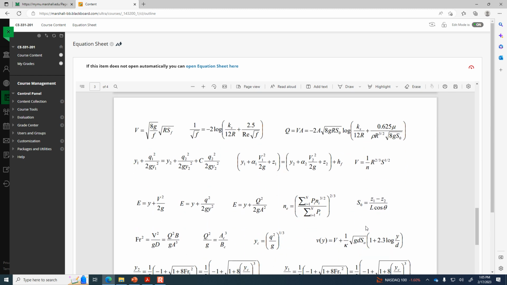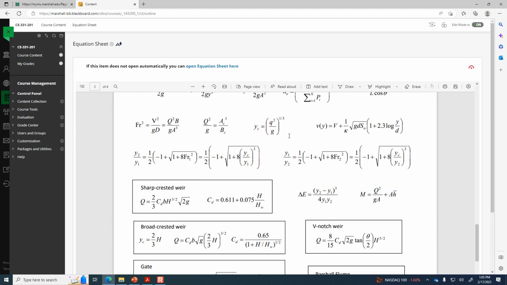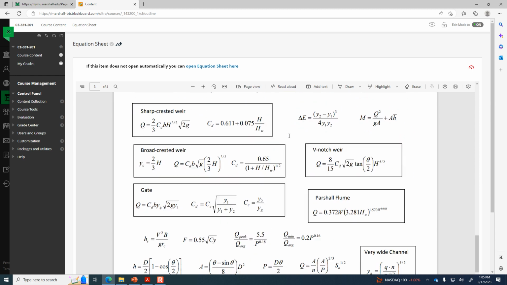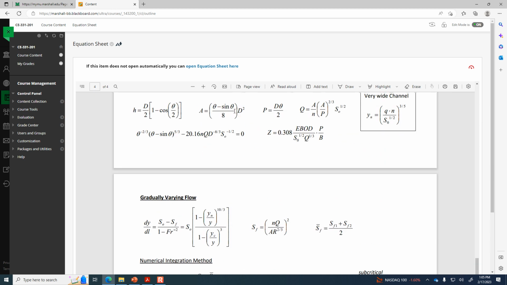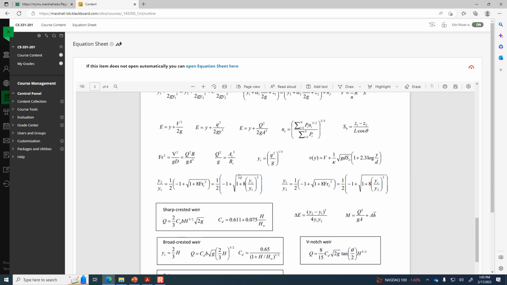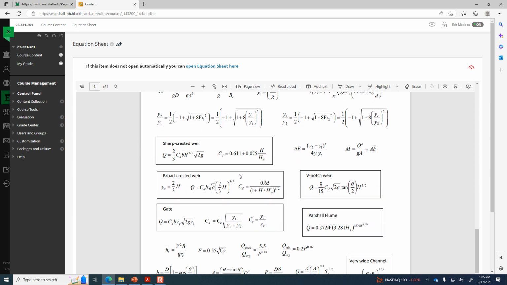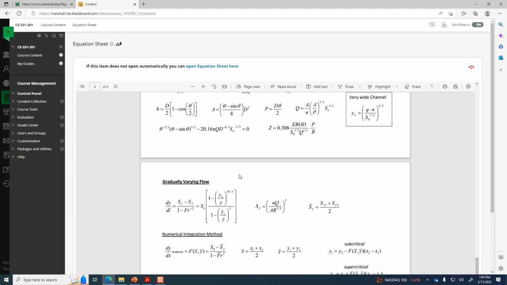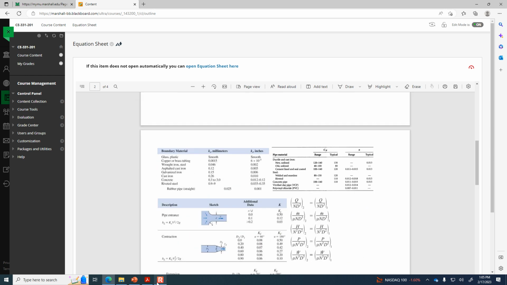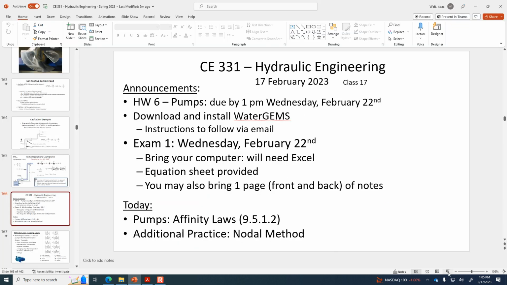Some of this stuff isn't going to be until later in the semester. Pages 3 and 4 are all open channel flow stuff. I'll still put it on there, but I don't expect you'll need the third or the fourth page on the exam. I'll provide that for the test, and in addition to that formula sheet, you can bring your